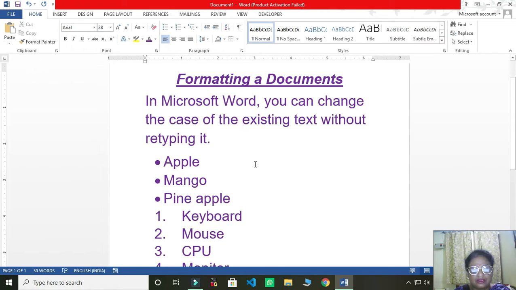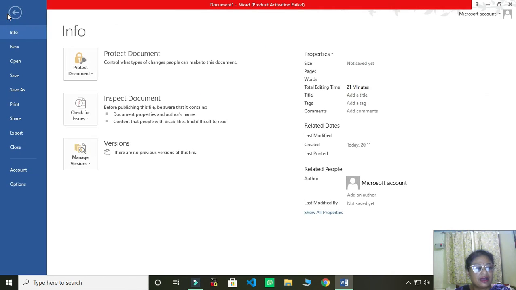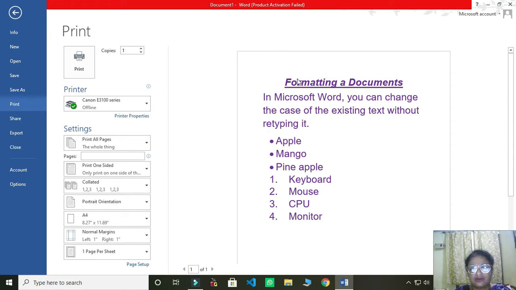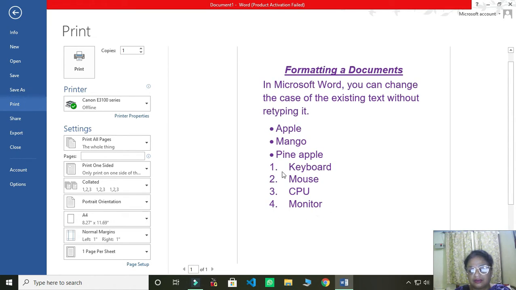When we take out the printout, before printing we should also look at how our text will come after printing. For that you have to go to File, then click on the Print option, and automatically you will see on your right hand side the text will appear. So here you can see after printing, if you want to give some space or make some changes, you can see very easily. This is called print preview. So before printing you must see the print preview of your text.